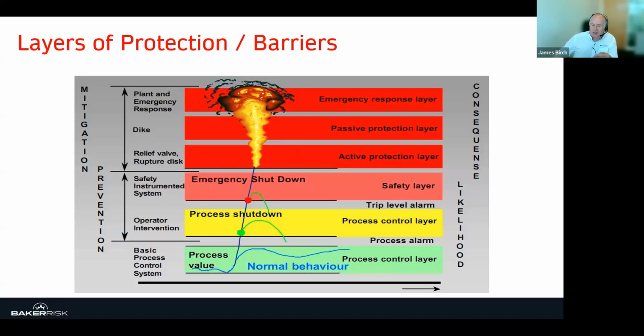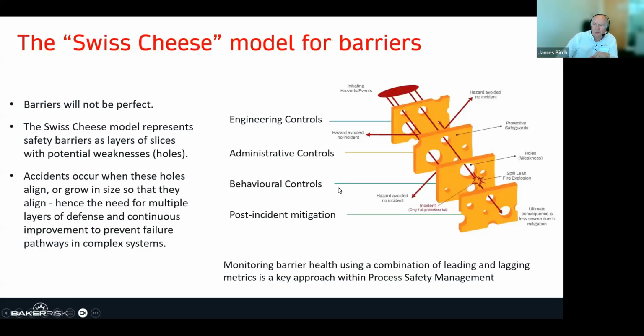create are not perfect. And a useful model of that came from Professor James Reason about 20 years ago, who proposed this concept of Swiss cheese. And the Swiss cheese in question actually has bubbles of gas inside it. And if you slice the cheese, you get a piece of cheese with holes in. And his concept was that that's what many of our barriers are like. We may not realize those holes are there until we slice the cheese.